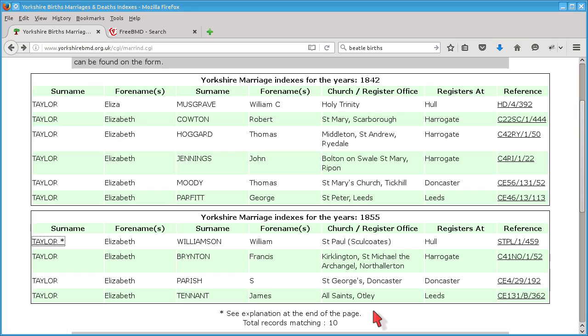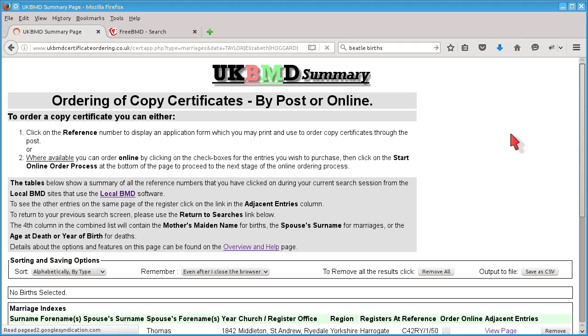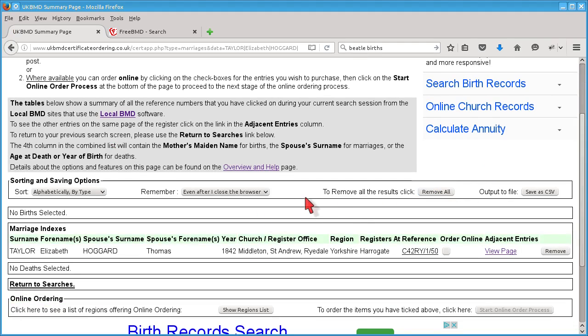If I go back to the main results, there's another example within this lineup here which I'm going to use, and that is Elizabeth Taylor marrying Thomas Hogarth. If I click on the reference number, as we saw with the births in the previous tutorials, it adds it to the summary page. And from this page we could, as we did with the births, go on and either print out an application form or we could order it online through the Harrogate Register Office. What I want to show you here is something we've not looked at previously, and that is the adjacent entries column. If I click on View Page,